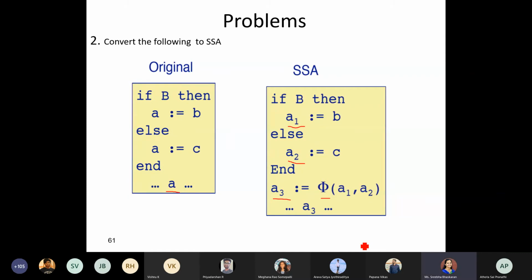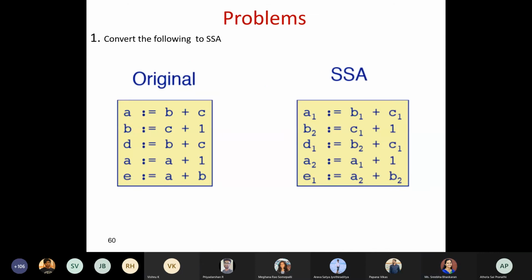When you are executing this algorithm, whenever there is an updation, your variable gets assigned a new index value.